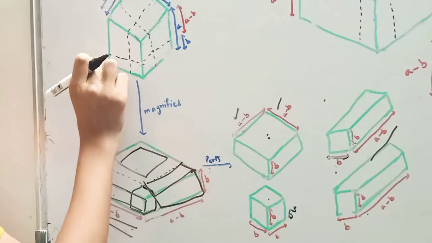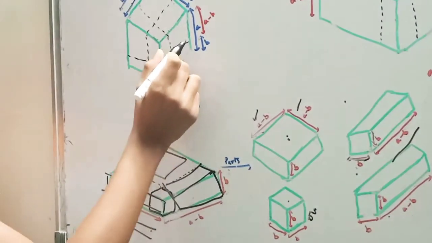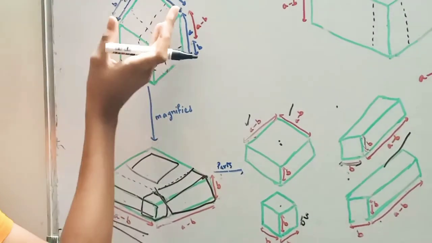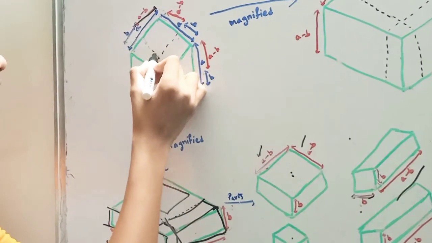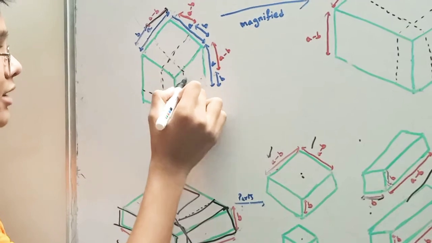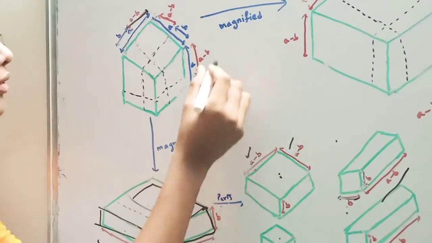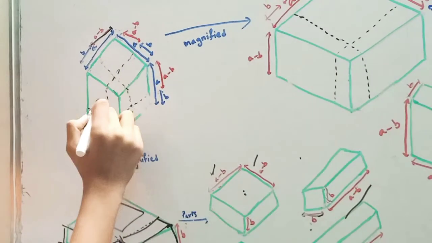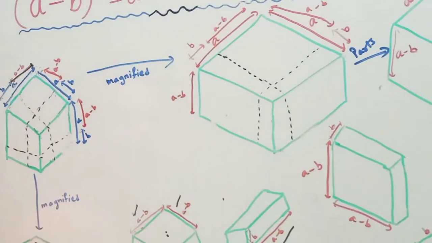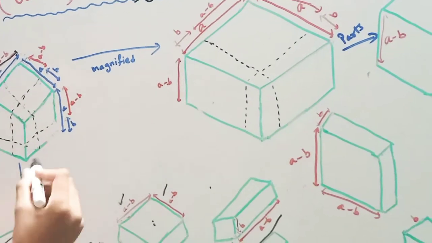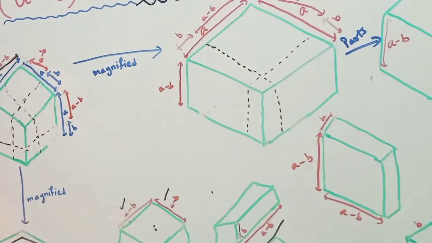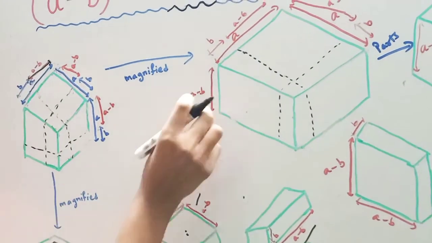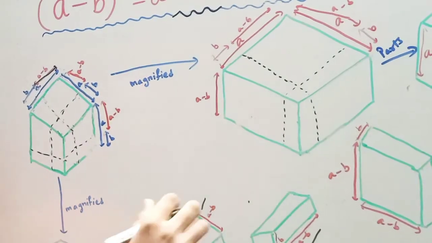Now we separated this part from this cuboid, but the upper part is still left. So now let's separate the upper part. I have drawn the lines, so let's separate like this. And what we get is the magnified version of this, represented here. Here, as we can see, this is a − b, and so this is also a − b, and this remains the same. The b from here has been cut.